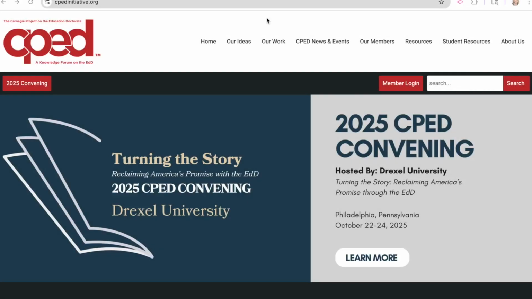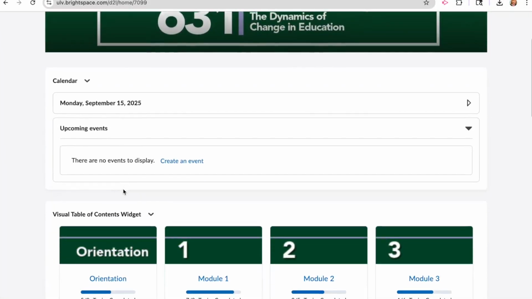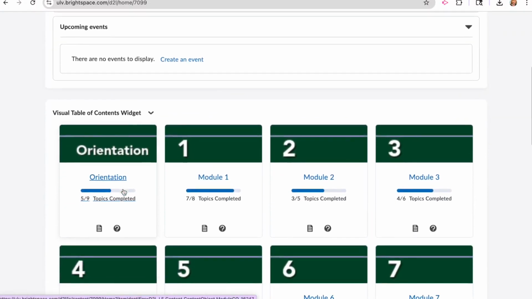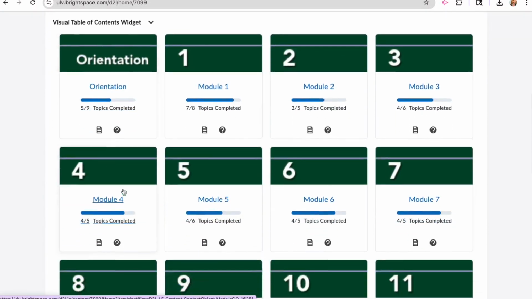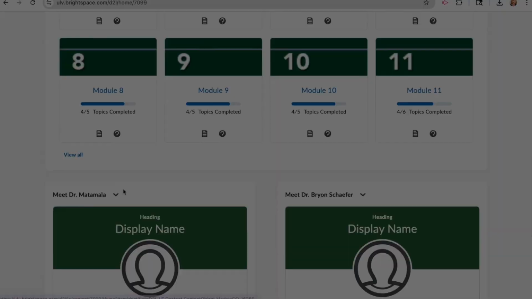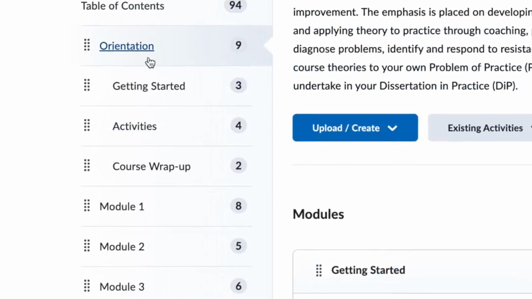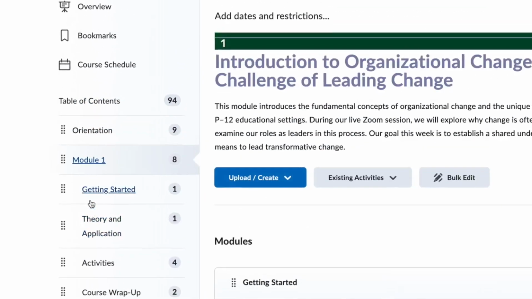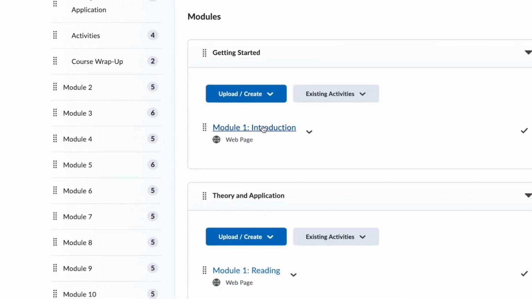Foundational to our project is the Carnegie Project on the Education Doctorate. Let's take a look at a course. Each course uses widgets to configure the landing page, with the visual table of contents in the center. I designed the course with a strong submodule and module hierarchy so that students could quickly navigate the course, thus